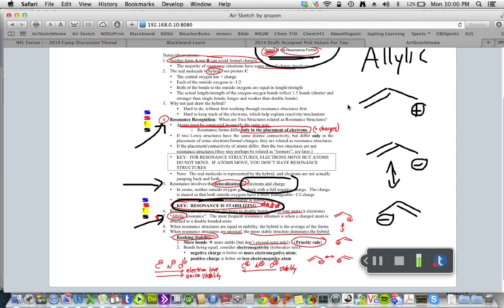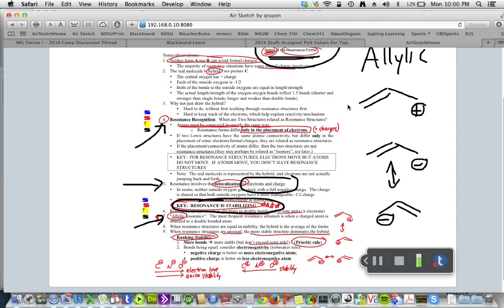But if those 2 electrons move from between the second and the first carbon and end up being located between the second and the third carbon, now the first carbon ends up not seeing them and is electron poor. Conversely, if we have a negative charge, so in case 2b,